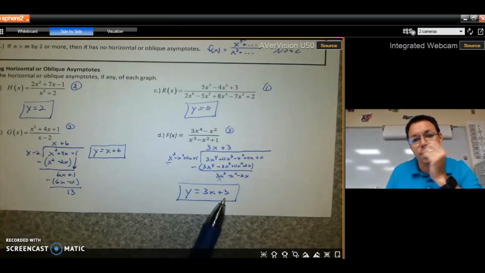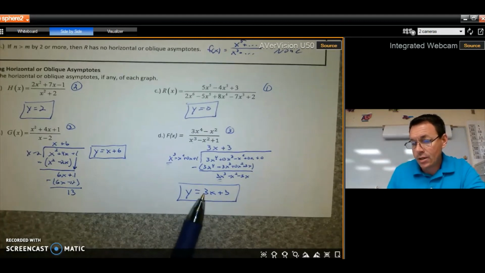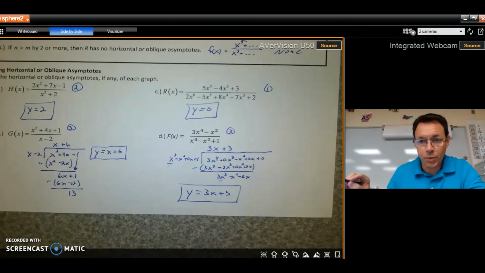So this asymptote goes through the y-axis at 3 and also has a slope of up 3 over 1, up 3 over 1. And that's what we would draw to help us graph this, which is what our next step is going to be